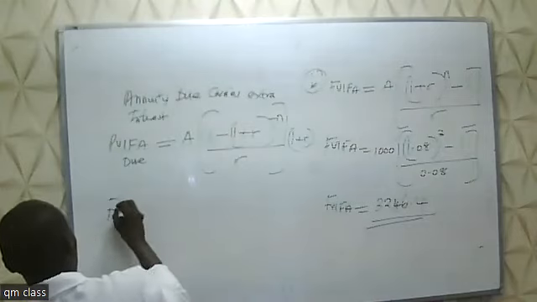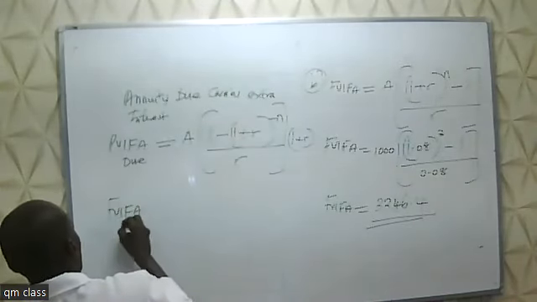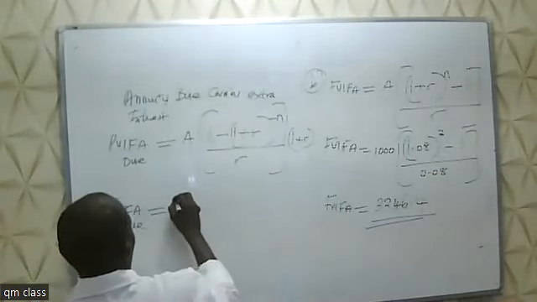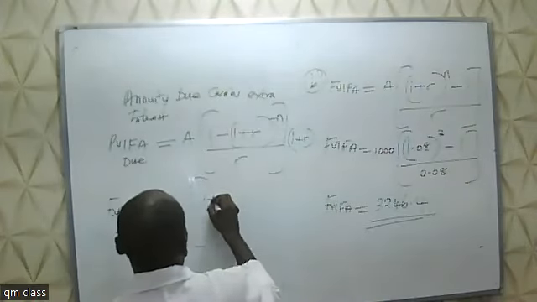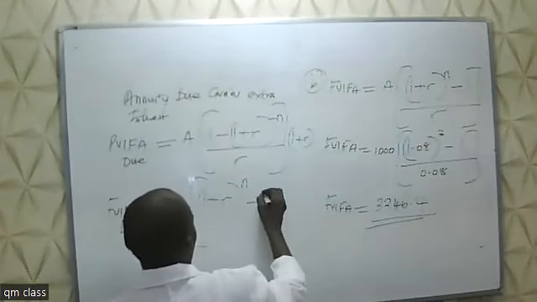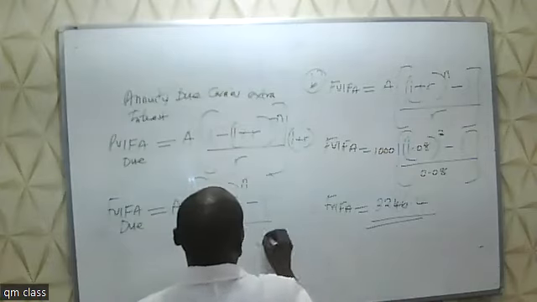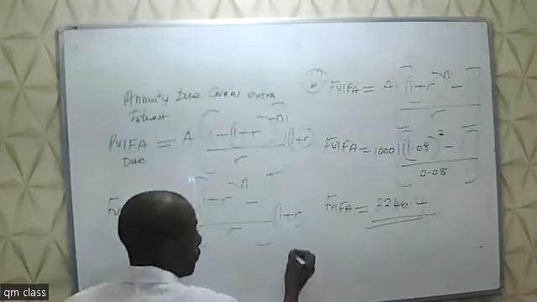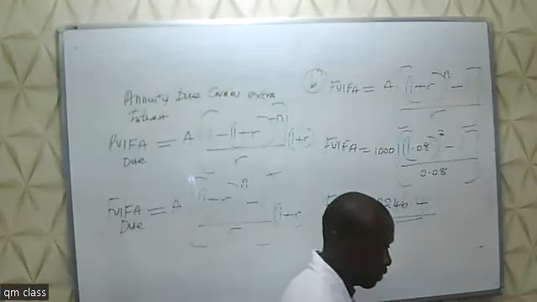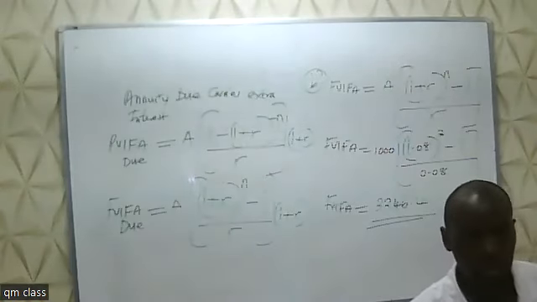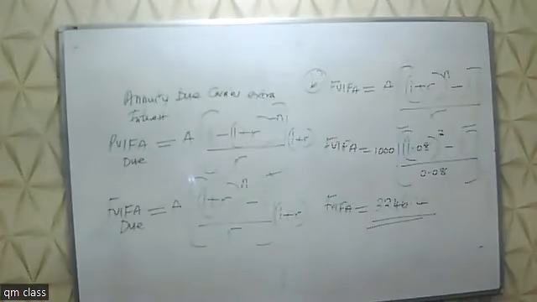Then the future value interest factor annuity due is going to be the amount of the annuity times (1 plus r) to the power n minus 1, over r, then multiplied by 1 plus r. So they carry an extra interest as we are looking at annuity dues. An annuity due is where payments are made at the beginning of every period.